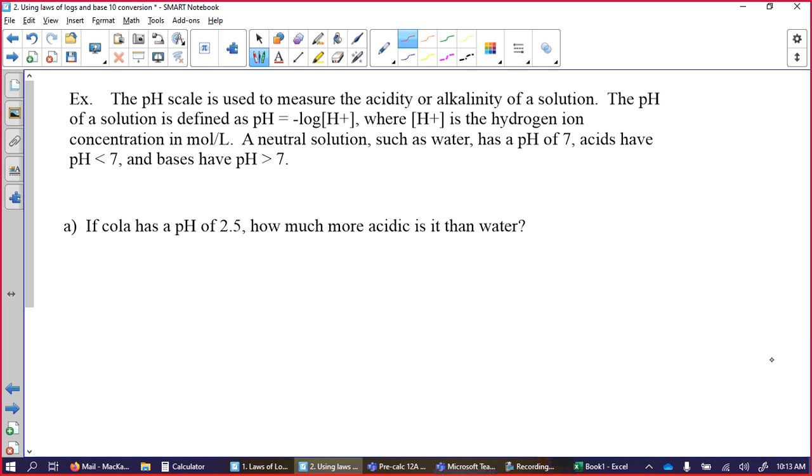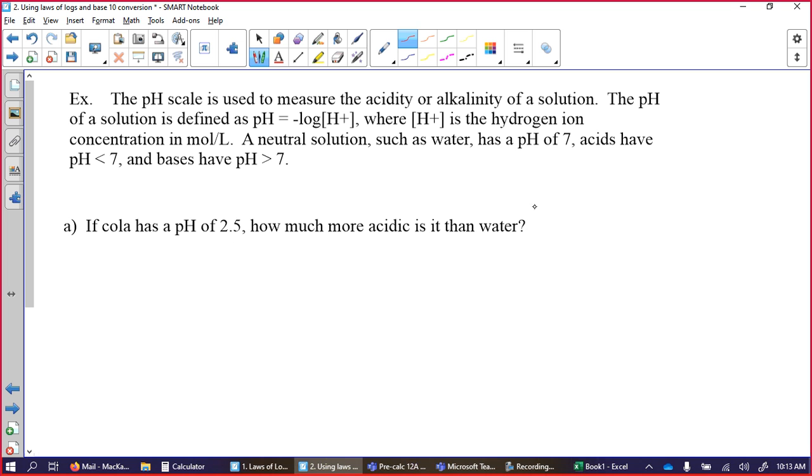It's all recorded. The pH scale is a measure of acidity. pH is the negative log of the H plus concentration. In theory, neutral water has a pH of 7. Acids are lower, bases are higher. Tap water has a pH of 7 and change. To make a solution that has a pH of exactly 7 is actually somewhat difficult. So if cola has a pH of 2.5,